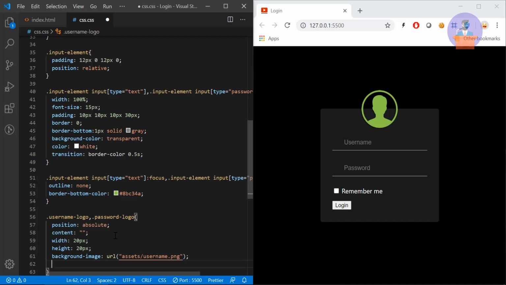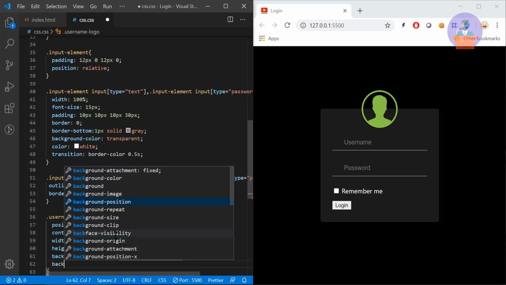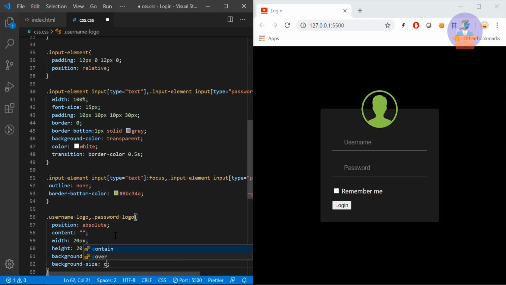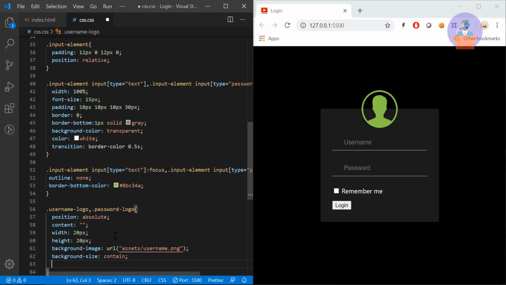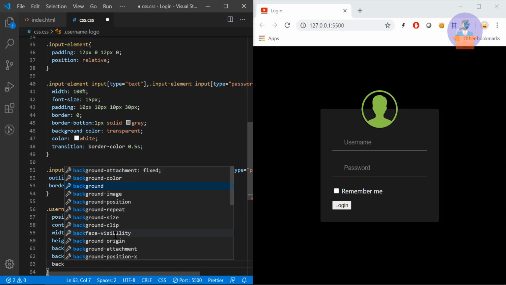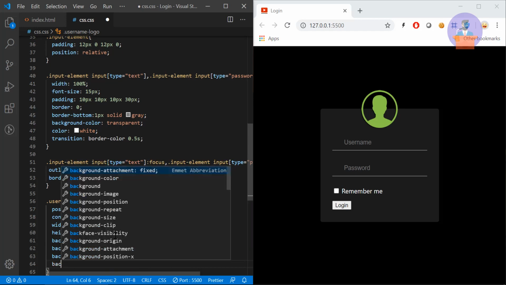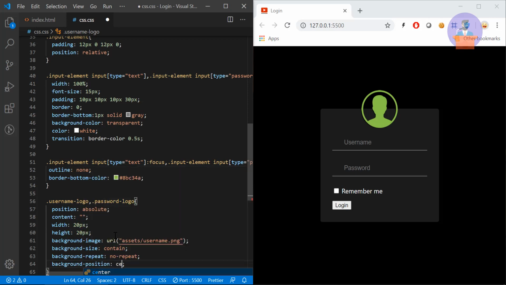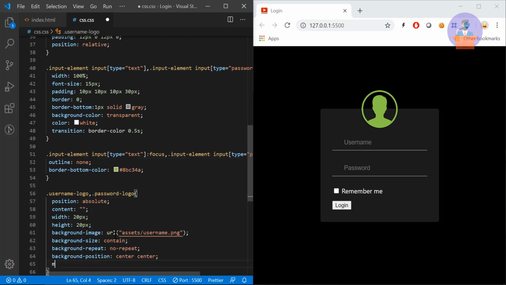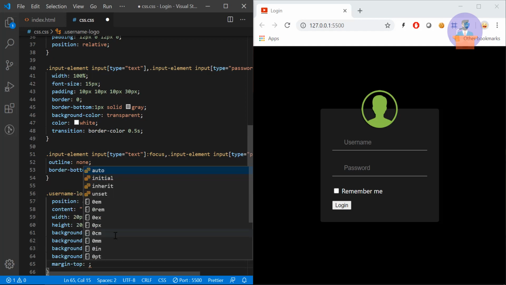Okay, now the background size will be contain, and background repeat will be no-repeat, and background position will be center center. Let's provide margin top of 7 pixels.